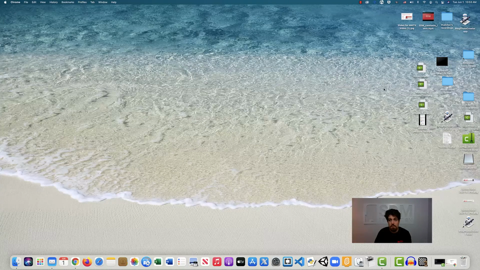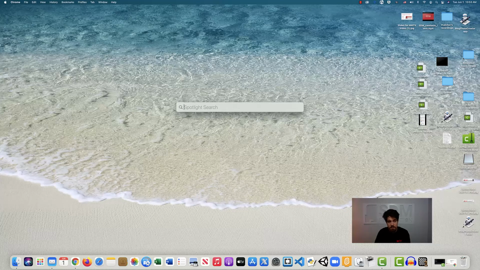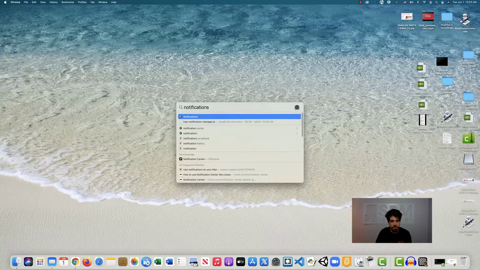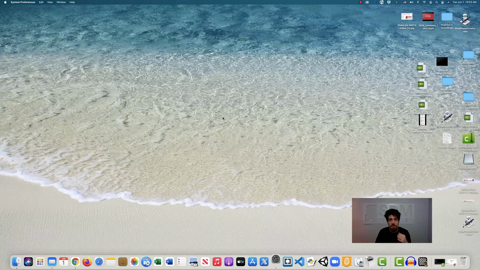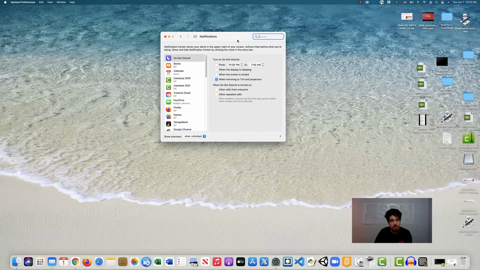And to utilize our Spotlight search feature, we're going to get to notifications through that. So if I just type in notifications, the first entry here is notifications on the computer. So it's going to take me into that settings area specifically. As you can see here, it says the notification center shows your alerts in the upper right of your screen